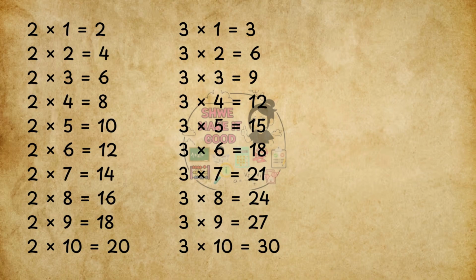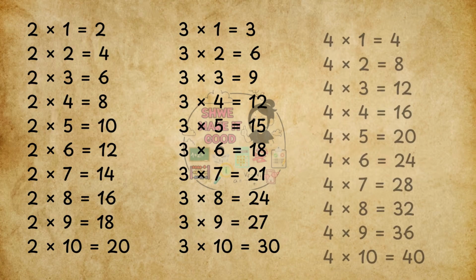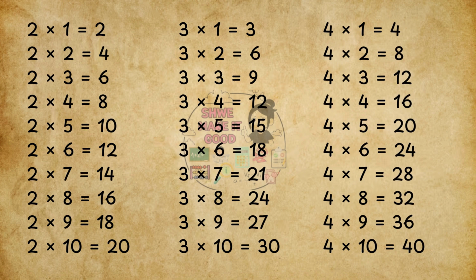are 15, 3 sixes are 18, 3 sevens are 21, 3 eights are 24, 3 nines are 27, 3 tens are 30, 4 ones are 4, 4 twos are 8, 4 threes are 12, 4 fours are 16, 4 fives are 20, 4 sixes are 24, 4 sevens are 28, 4 eights are 32, 4 nines are 36, 4 tens